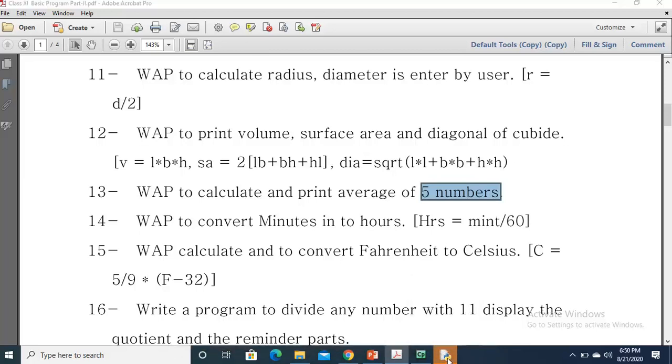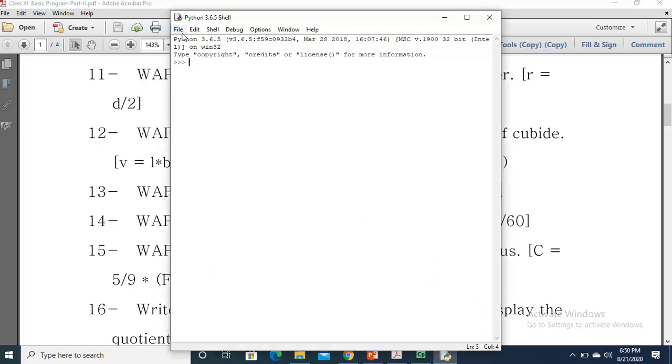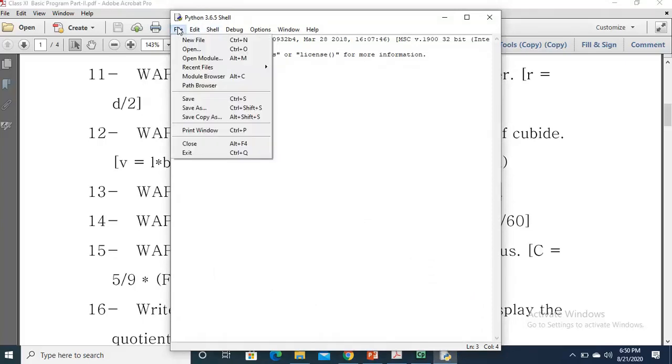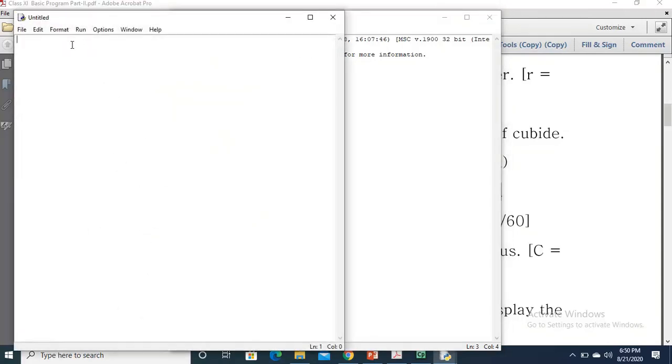And how can this happen? I have opened IDLE, then I will use File, then New File. I have explained that if you want to take a value from the user, you have to use the input function like this.